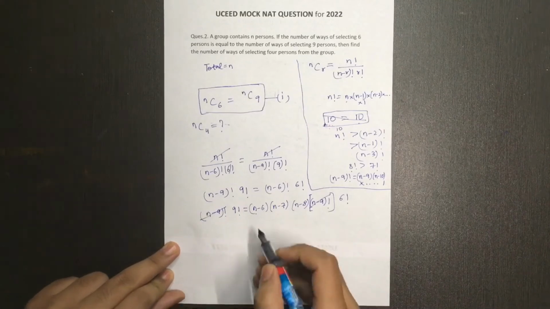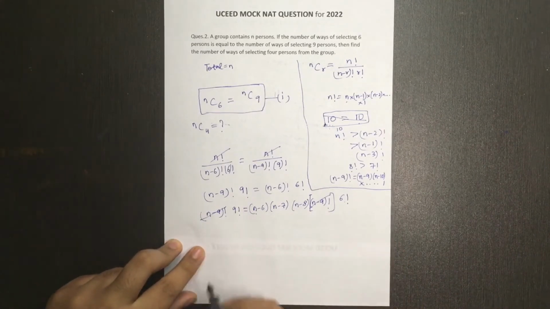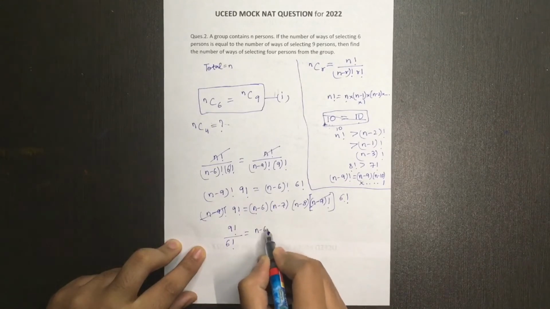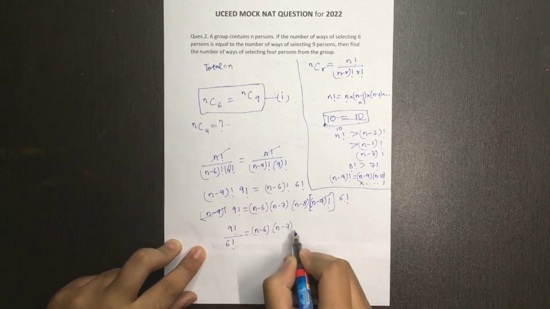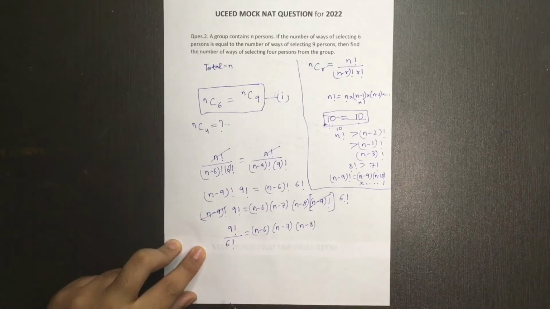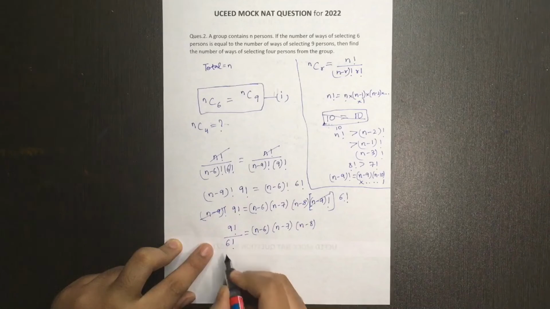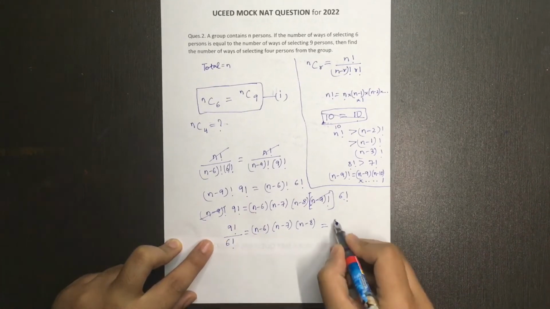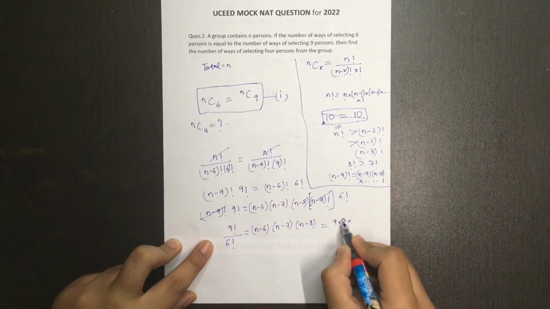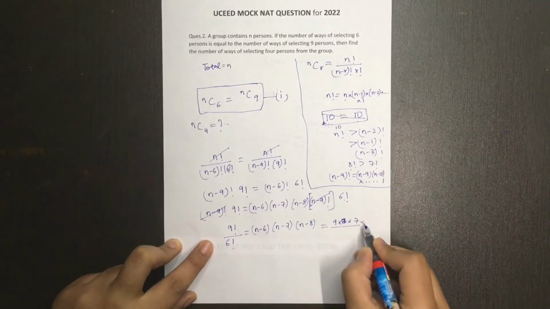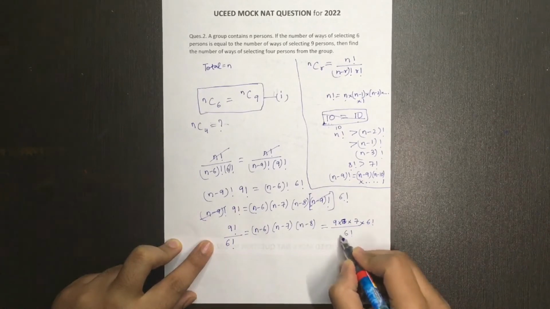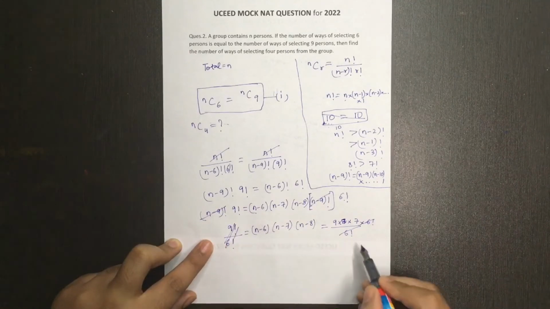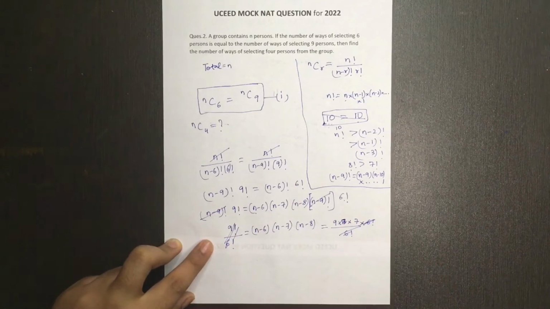Okay. Now just take 6 factorial over here to the other side, so (n minus 6)(n minus 7)(n minus 8) divided by 6 factorial is equal to 9 into 8 into 7, right? Now just solve this out. I'll just solve it over here. So 9 into 8 into 7 divided by 6 factorial, and 6 factorial and 6 factorial will get cancelled. We have 9, 8, 7 over here, right? Just cut it out. Okay, I hope you guys can understand.